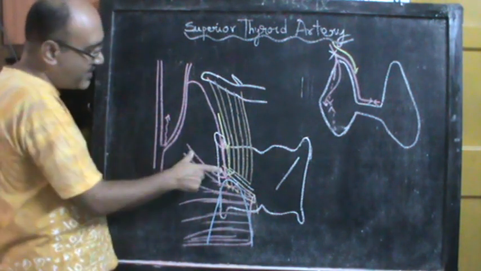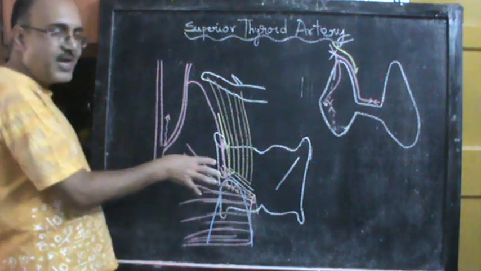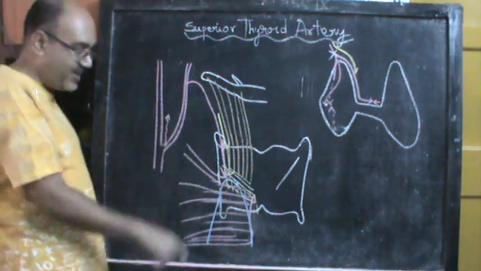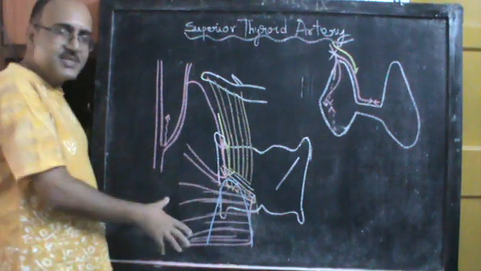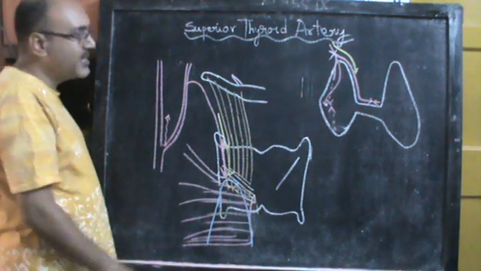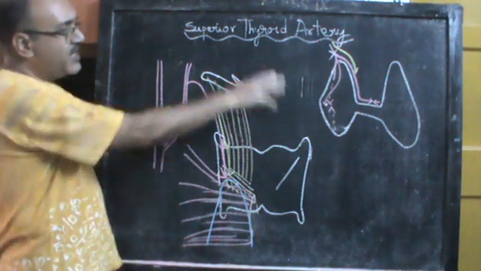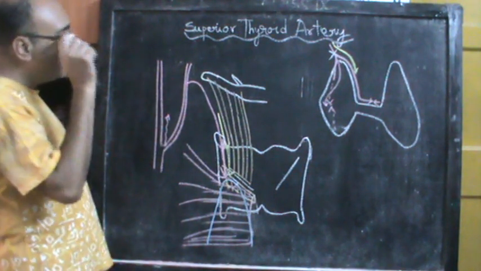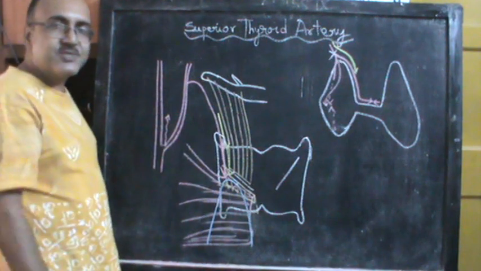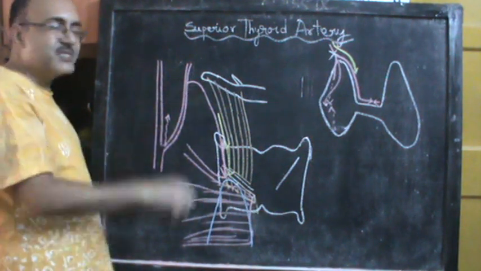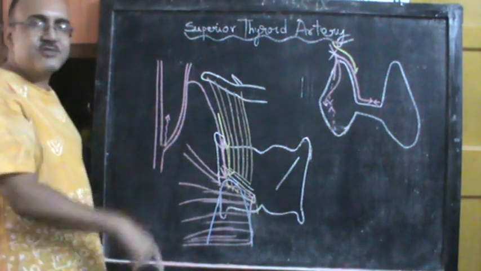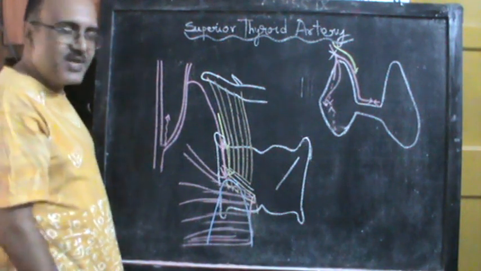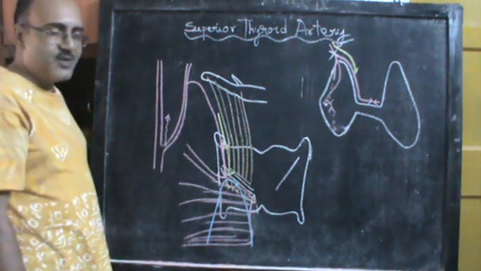So from the superior thyroid artery we are now coming to the glandular branches. So this is one set of branches. The superior thyroid artery is expected to supply the thyroid gland. It does supply the thyroid gland as an anterior, posterior and occasionally lateral branch. The anterior branch anastomoses with its fellow of the opposite side over the isthmus. The posterior branch anastomoses with a branch from the inferior thyroid artery, and occasionally you have a lateral branch.